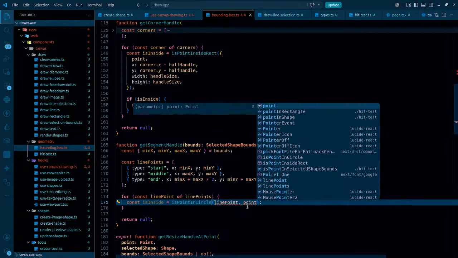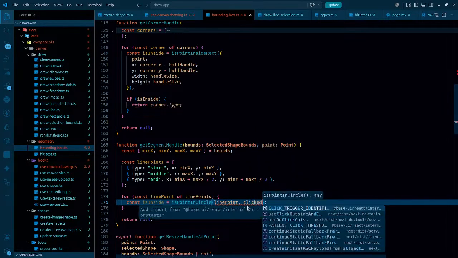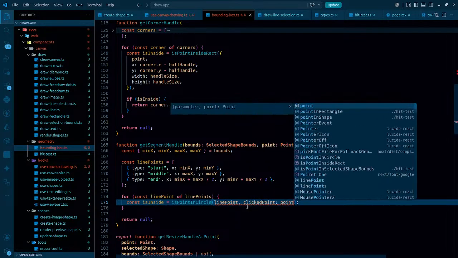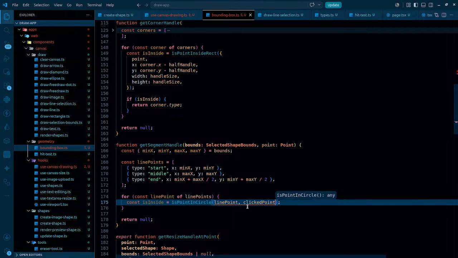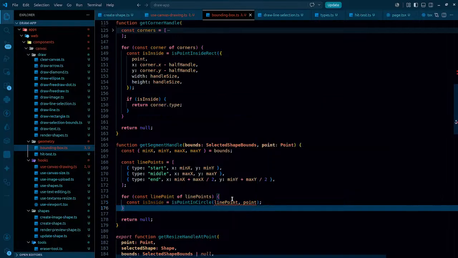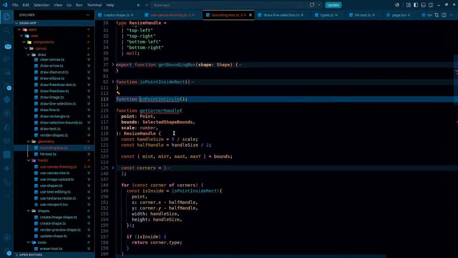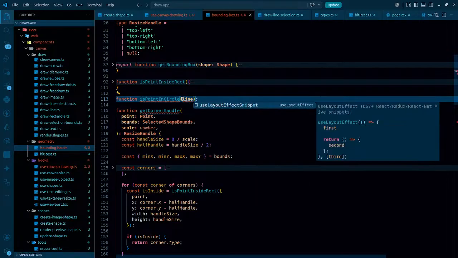Now click the point. So ultimately, I'm just simply sending point there. We have the line point, that is this. Coming back to this one, I'll have first one line point,